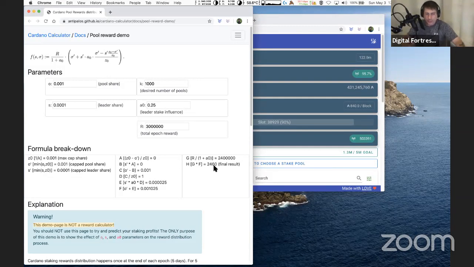Then the pool operator tax would come out after that. So if I set the pool fee to 1%, the pool operator would get 1% of this number, or 24 ADA, whatever it is. And then the remainder would be split among the delegators. Now, coincidentally, this number is pretty close to DIGI. DIGI is pretty close to saturation, just under it. It's at like 105 million